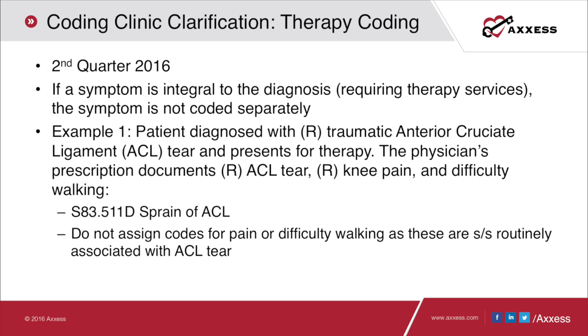The first example the coding clinic gave us is this: patient was diagnosed with a right traumatic anterior cruciate ligament or ACL tear and presents for therapy. The physician's prescription documents right ACL tear, right knee pain, and difficulty walking. The coding clinic says you only code S83.511D for your therapy services. We don't assign codes for pain or difficulty walking,